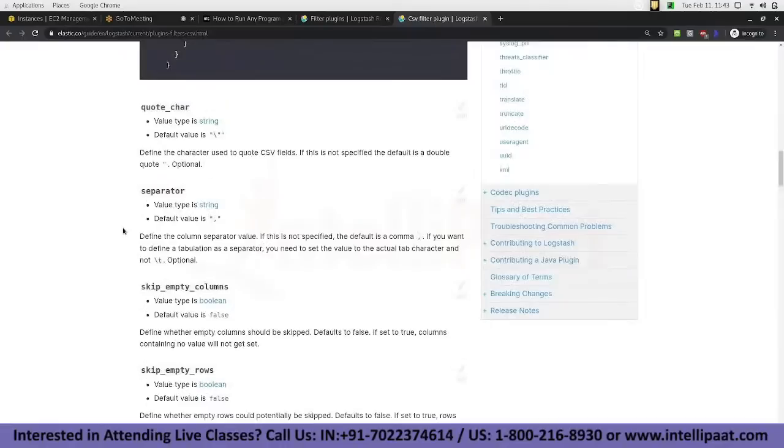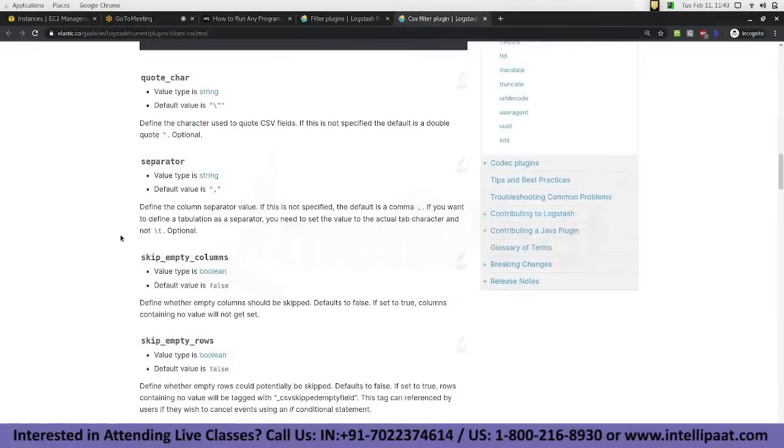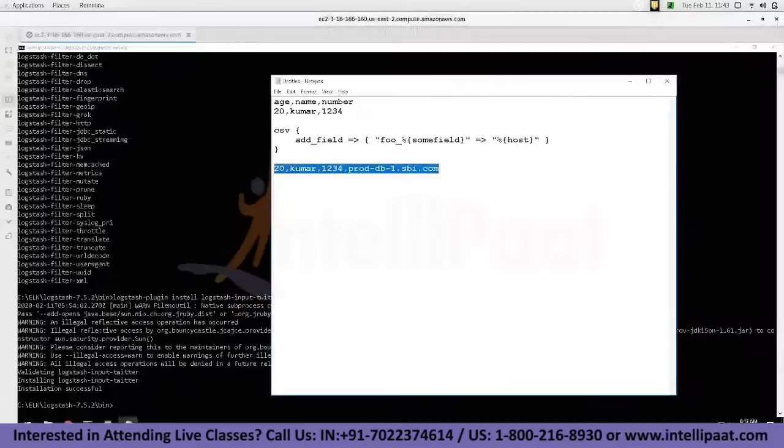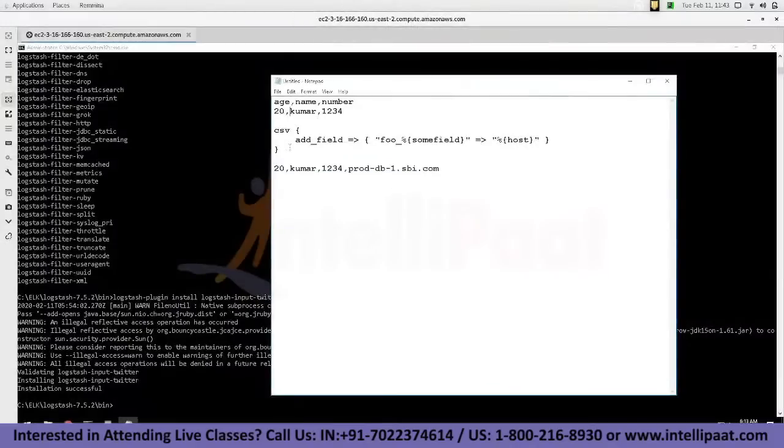And you also can tell it to skip empty columns. If an empty column is coming in, say the 5th column is unnecessarily empty, you can skip empty columns, and you can skip empty rows. Skipping empty rows and columns is also very important, otherwise blank data will load into Elasticsearch. And by default the separator in CSV is comma, because CSV means comma separated values, but sometimes the data you get in CSV files may have a semicolon separator, or colon separator. At that time you can define the separator,